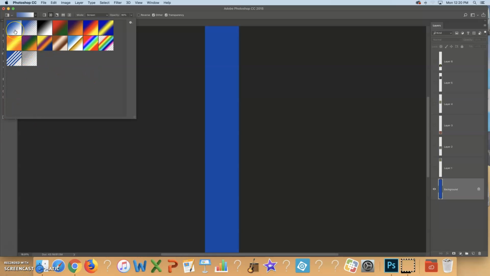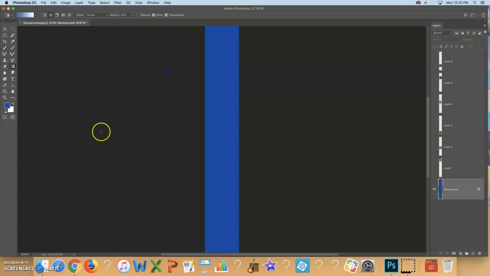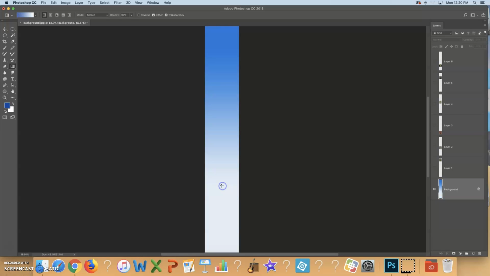If you go to the first one, this one shows you foreground to background. If I click on it, you'll see that it's using the foreground color and the background color. Over here, there are 5 different styles of gradient. The first one's the linear. To apply it, I go from the top to the bottom. You can see it goes from foreground color to background color. If I drag the line going up,